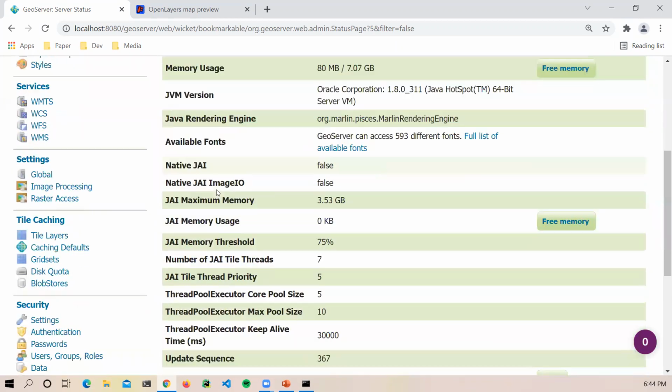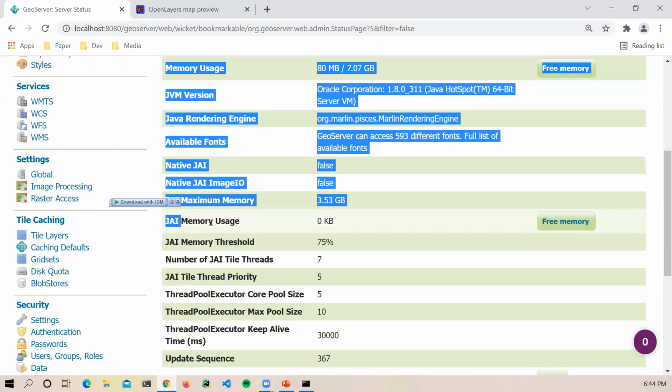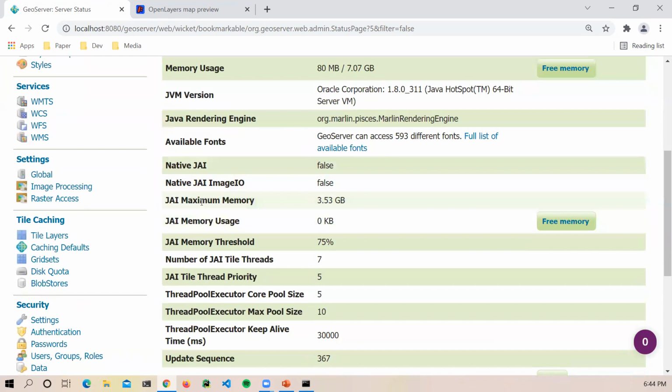Then we have something else here. We have the JAI memory usage. JAI stands for Java Advanced Imaging. It is used for raster displays, imaging and raster operations. You notice that my maximum memory here is 3.53 GB. So I cannot use more than that, this is roughly a quarter of